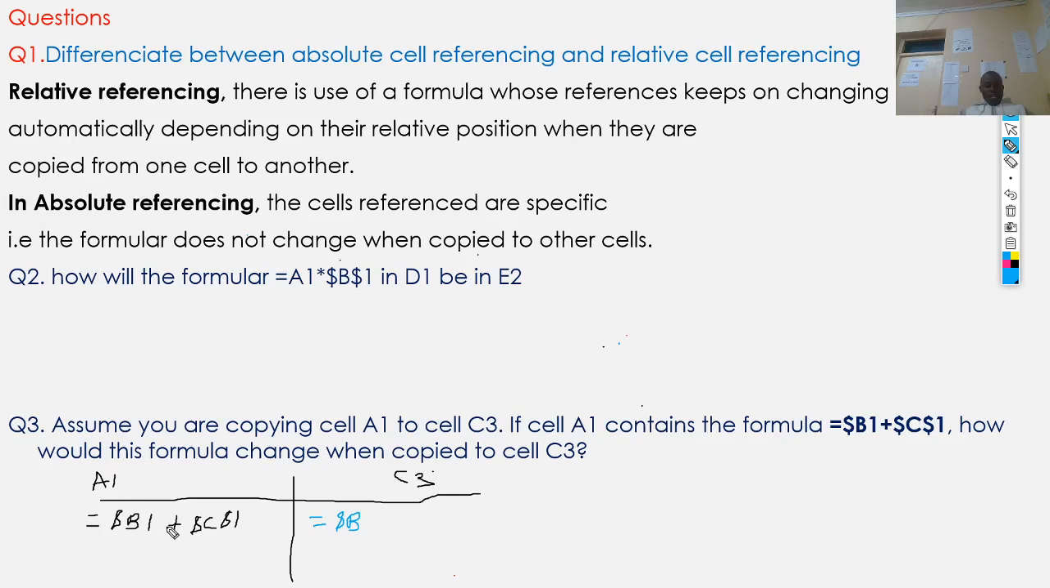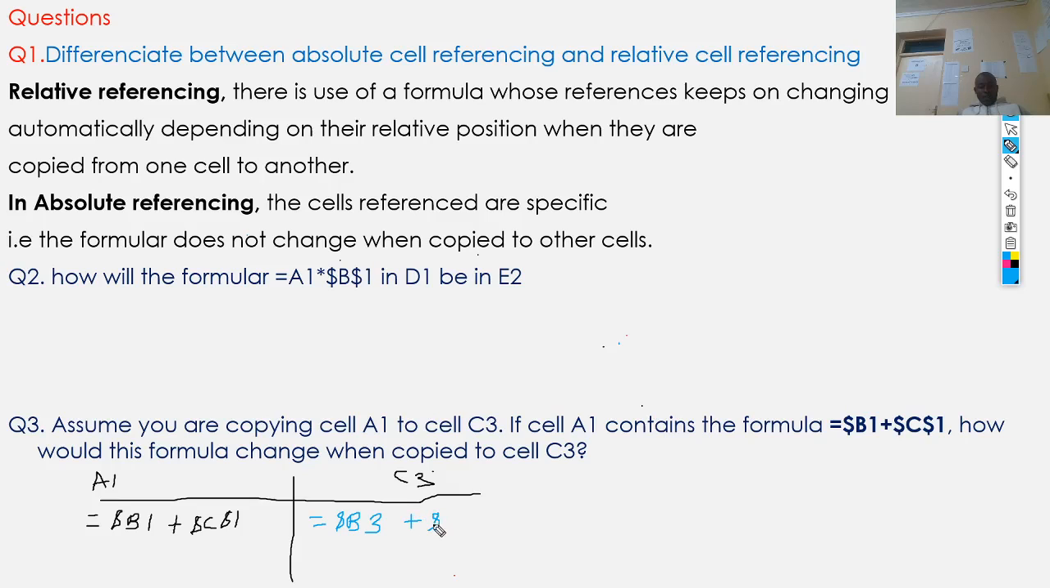So 1, 1, meaning the number did not change. When at C3, the number will not change. It will be B3 because the number will not change. B3, the number will not change. And then plus $C$1. So this will not change. So it will be plus